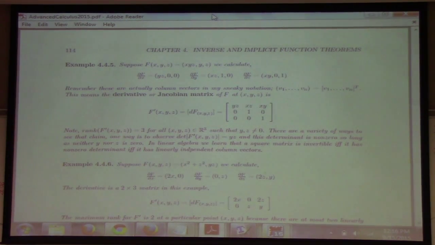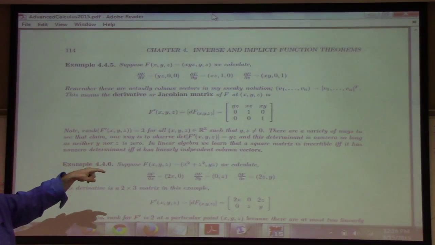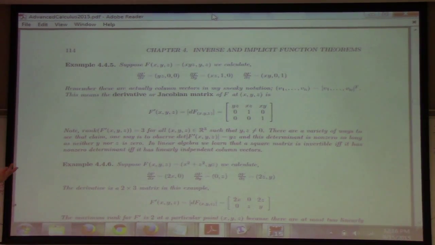So it has rank at most 2. But the second 2 columns cannot be linearly dependent. Look at their structure. There's no way that one can be a multiple of the other. So the rank of this is at least 2 at all points. And it's going to be rank 3 at any points where y and z are both